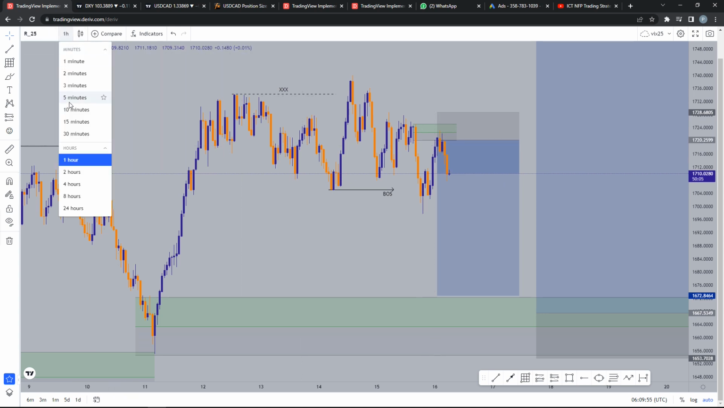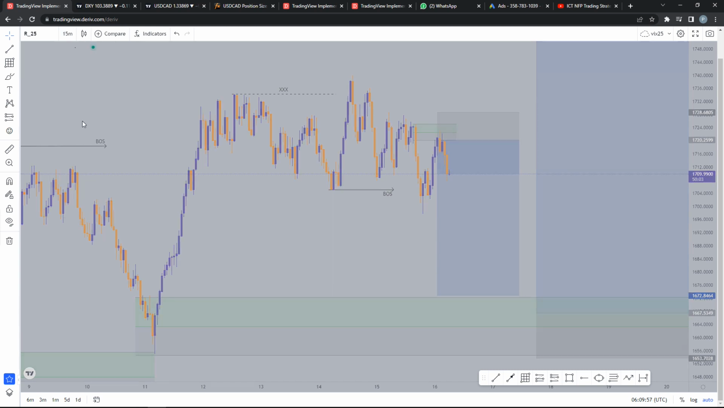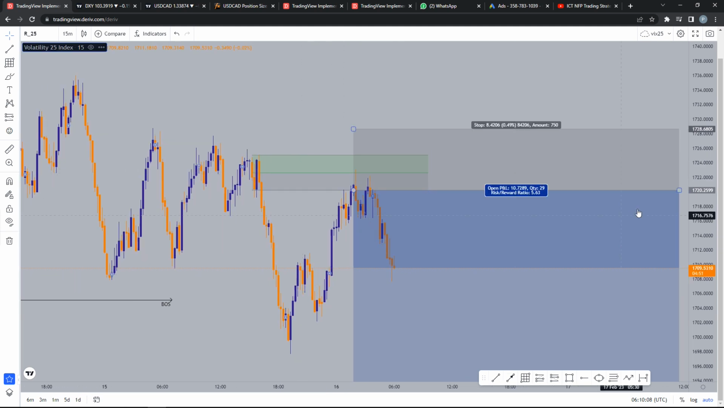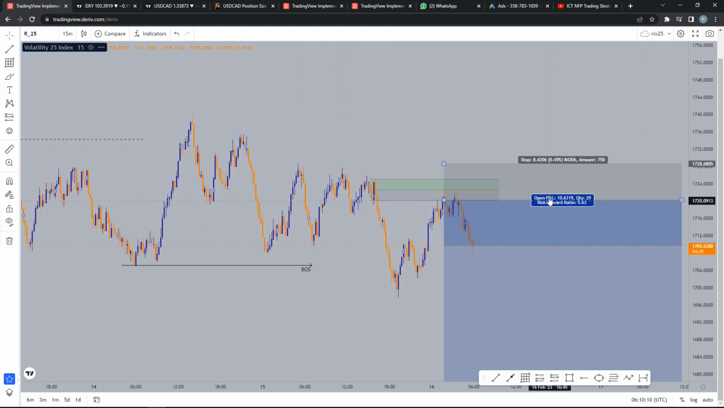So let me show you how I refined that demand zone. I think I went to the 15-minute time frame, and then I took this last bullish candle before the move. So that's how I got into this trade. So basically, I'm selling